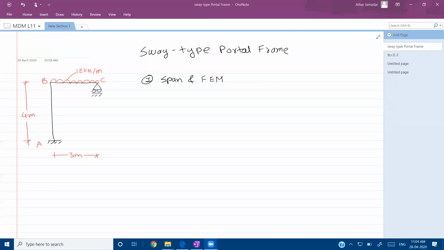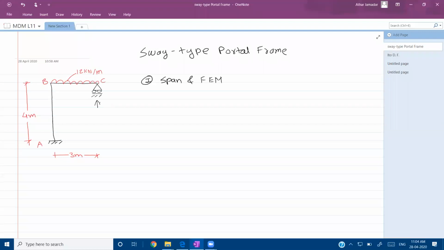Okay, so in this portal frame ABC, how I have deduced that it is a sway type portal frame, because here, if you see, for the beam member, this support C is a roller support. So whenever roller support is there, we know that there is only one vertical reaction. So the beam of this portal frame is not having any type of horizontal support. If you see here, horizontal support is not present. Therefore, this beam can move after loading. This beam can move in horizontal direction, and horizontal displacement of the entire portal frame is possible. That's why we can say that this portal frame is a sway type portal frame.